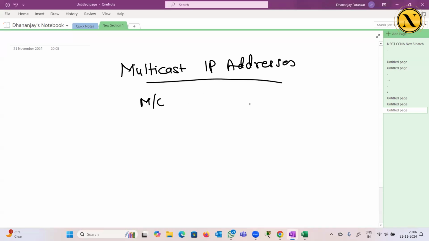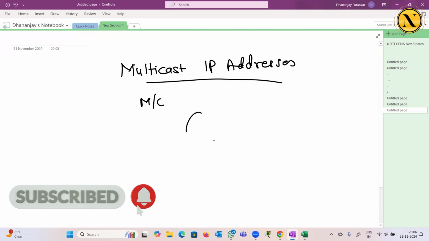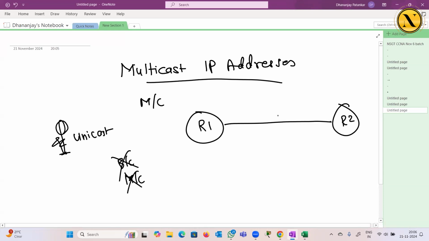And now broadcast we can also understand. So actually, multicasting is a big topic. It's not in your course, but I told you multicast addresses are used by routers, right? We only use unicast as a human being, as an admin or end user, whatever. We only use unicast, nothing else, right? We don't use broadcast, right? We don't use multicast, correct? But if you configure